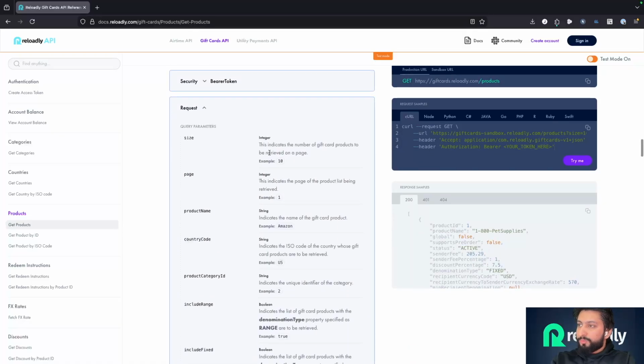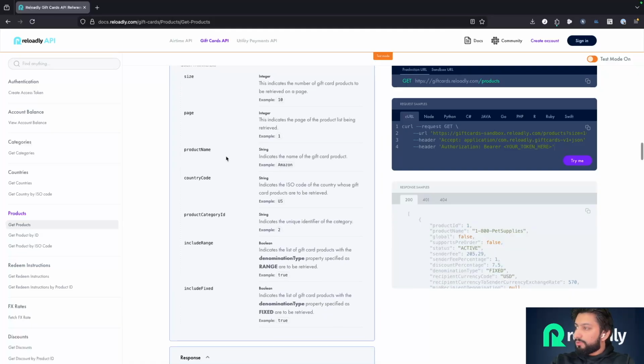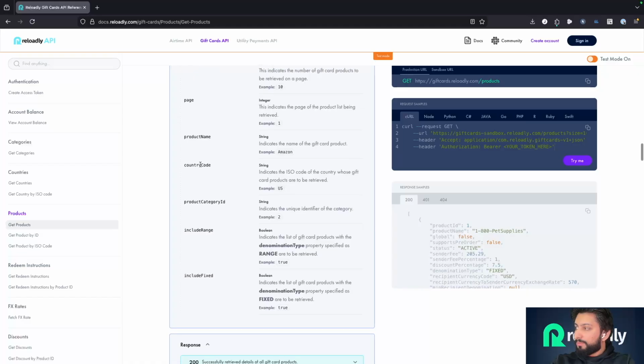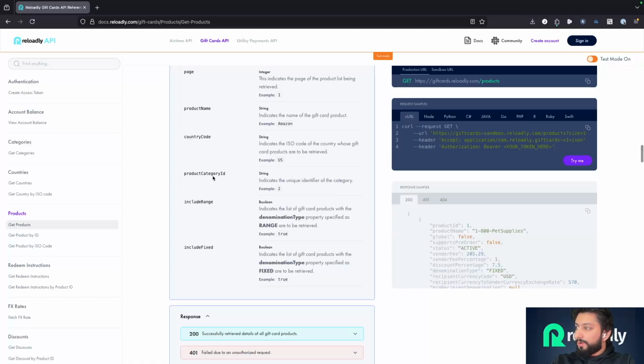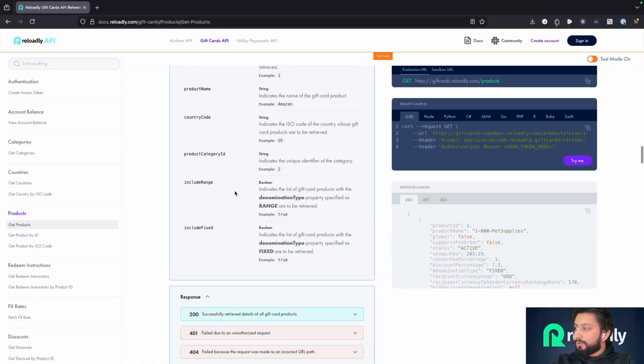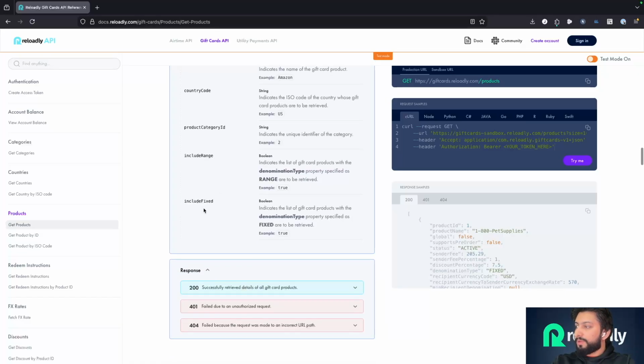So this endpoint is by default paginated. So basically what that means is you get response in chunks. So you get a page number and you can specify the page number and the size of the number of items to retrieve per page. We can also filter via the product name, the country code. We can filter via the category ID, and we have two booleans available to include range-based products and fixed item-based